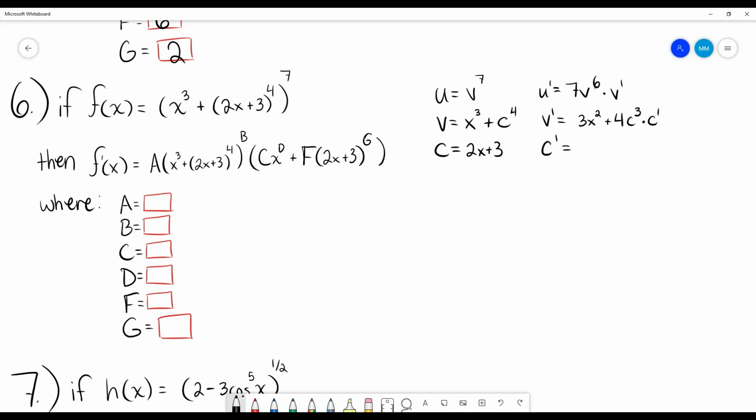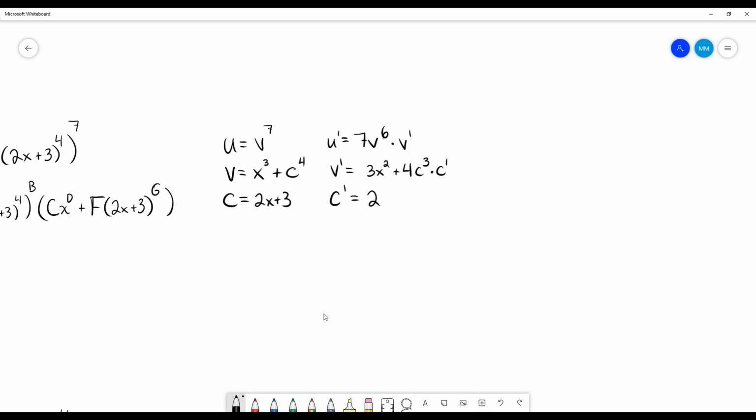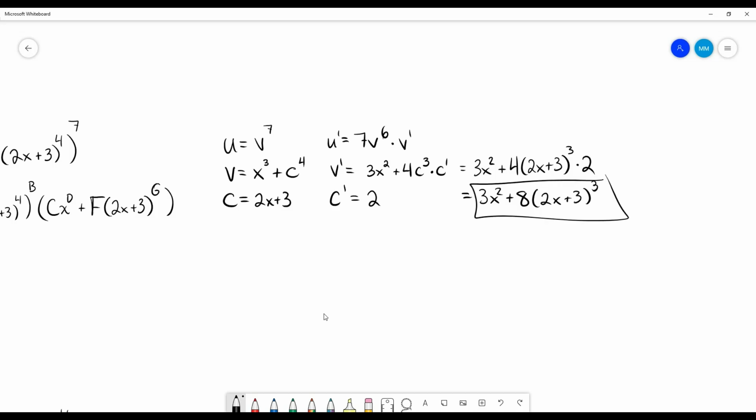So then I'm going to find our derivative of c, and that's just going to be 2, right? So we plug that back in. So that's going to be 3x squared plus 4 times 2x plus 3 to the 3rd times 2, and I can combine those coefficients, so I'm going to rewrite that as 3x squared plus 8, because that's 4 times 2, oops, to the 3rd. All right, this is my derivative of phi, and I plug it all back up there,